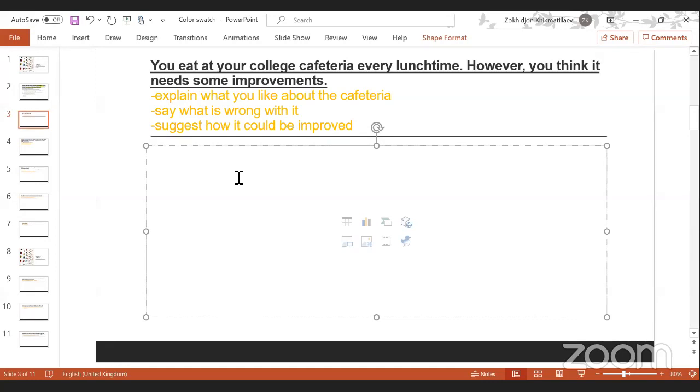So here, how do we start? To whom are we writing here? Again, to the editor? No, to whom? The cafeteria administrator. To the director of the college. The director? The manager of the cafeteria. Yes, because usually the cafeteria of the university is separate from the university itself. They are separate entities. So you're referring to the cafeteria itself and you're writing to the manager of it. Do you know the name of the manager?